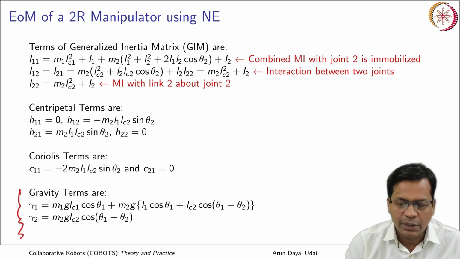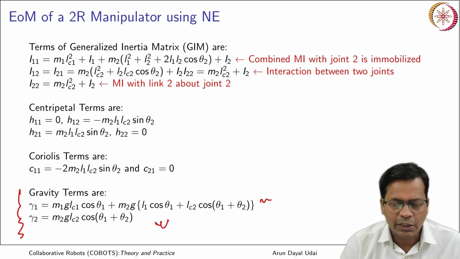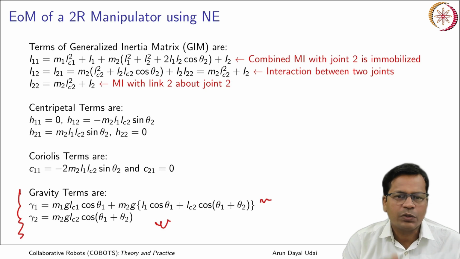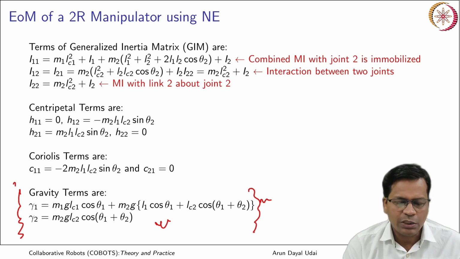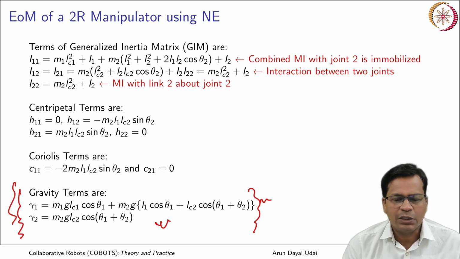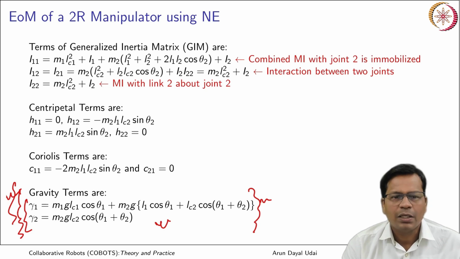So, what does this represent? Basically, this is directly the gravitational torque, irrespective of whether the robot is in motion or not, this term is always there. Even if it is not moving, this is the amount of torque which is to be supplied continuously at the joint. So, this is what we have obtained also while we were doing gravity compensation in robot statics. So, this is exactly the same term. You just put the angular acceleration and velocity terms equal to 0 in the equation of motion, you get these terms. So, you are remaining with gamma 1 and gamma 2. So, this is the gravity term.